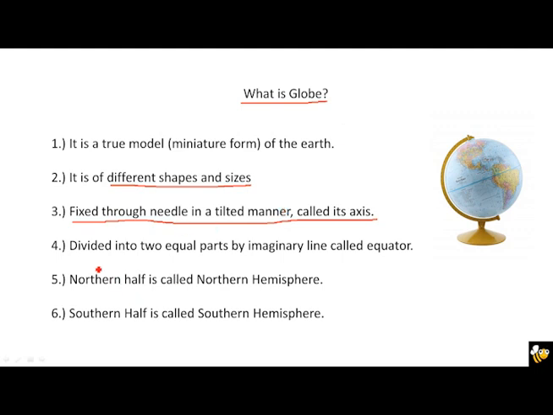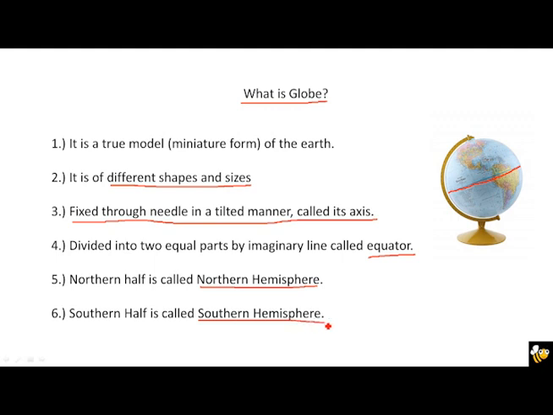Okay. And if you are able to see, we have the dark blue line. I will make it somewhat red for you. That is this line, and this is the equator. What is it called? It is the equator. And it is the equator which divides the Earth into two equal halves, and the northern half is called the Northern Hemisphere, and the southern half is called the Southern Hemisphere.